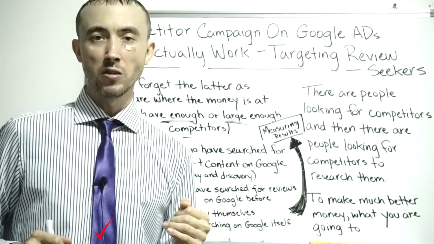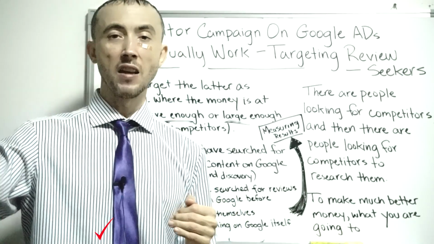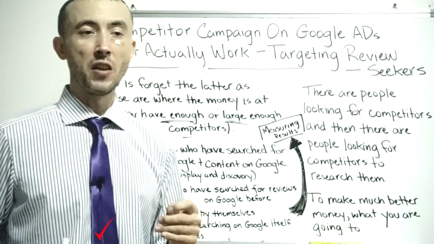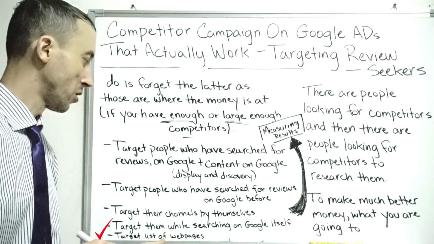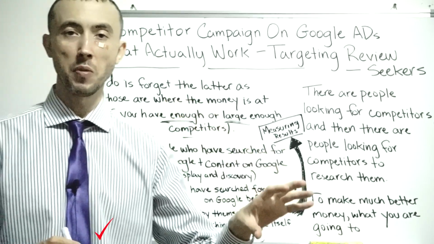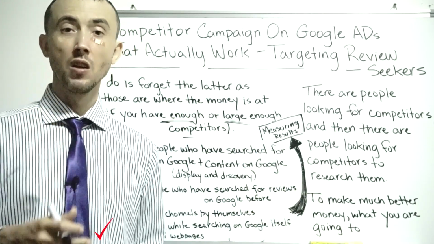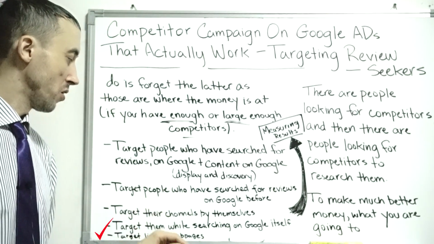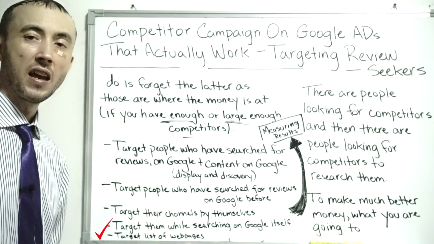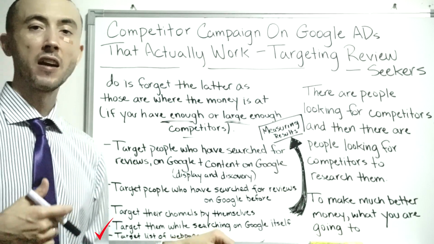Write down the URLs of those pages, and then create a placements targeting list on your Google display campaign targeting those exact pages. That would be the most precise and accurate way of targeting people looking at reviews